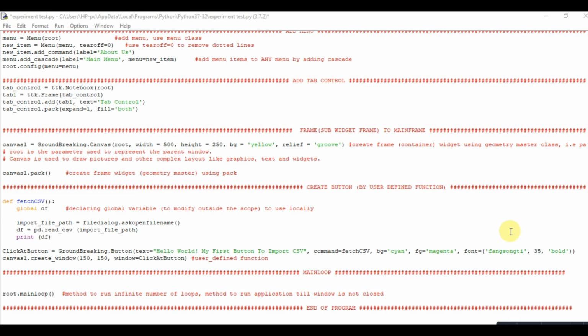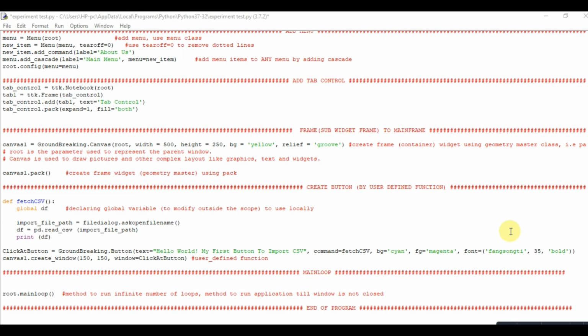Okay, that was because I have to actually create this button on the front of the canvas, because that was the frame, that is the sub widget frame to main frame. I've actually corrected it. It is a sub widget frame to main frame, so that is why I've used it. And now on that frame, on that canvas, this button would be displayed. For that reason I have to use it, but obviously the whole is on the main object, main window object,